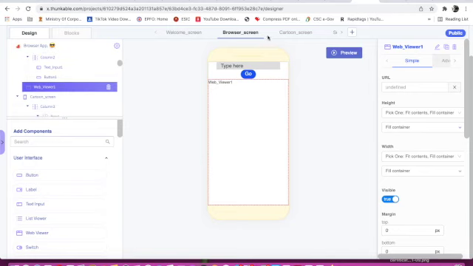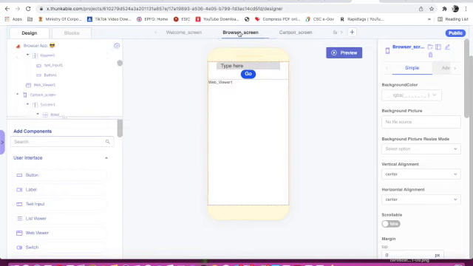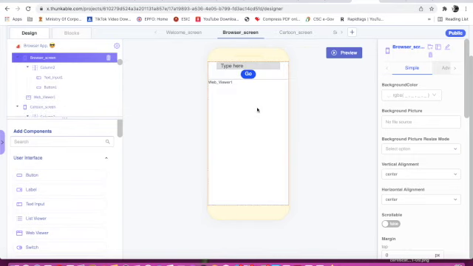If I'm in the cartoon screen and I click the image of YouTube, it will be navigated to the browser screen. Whichever YouTube link we copy will be displayed here like the hint, and YouTube will open in the web viewer.